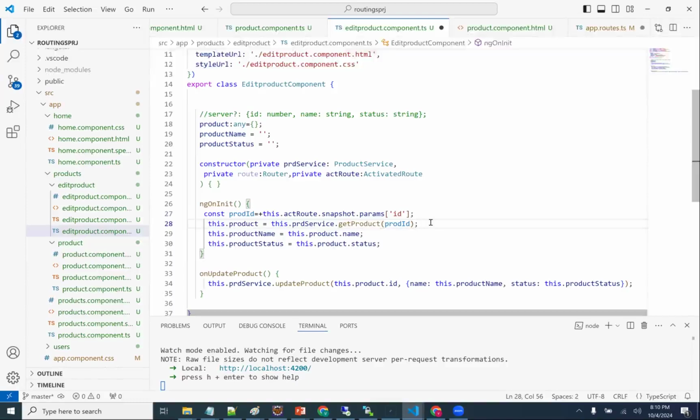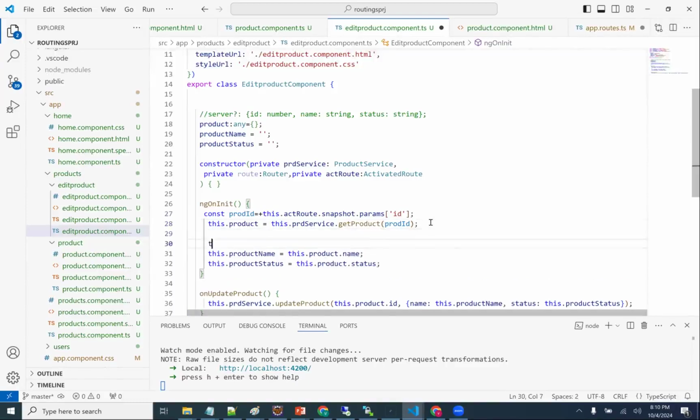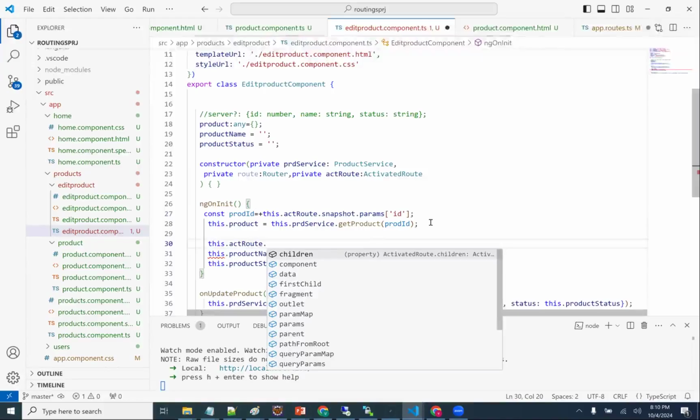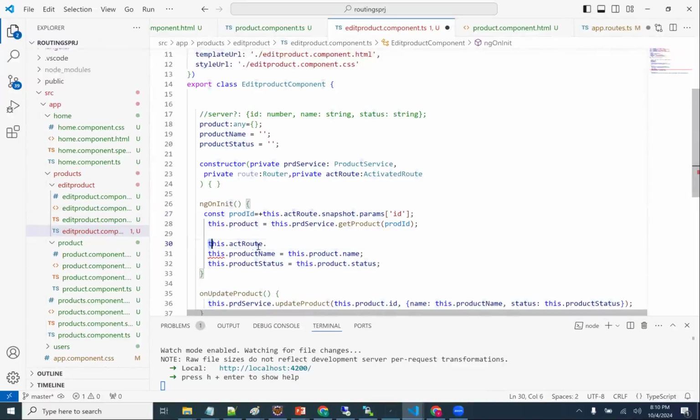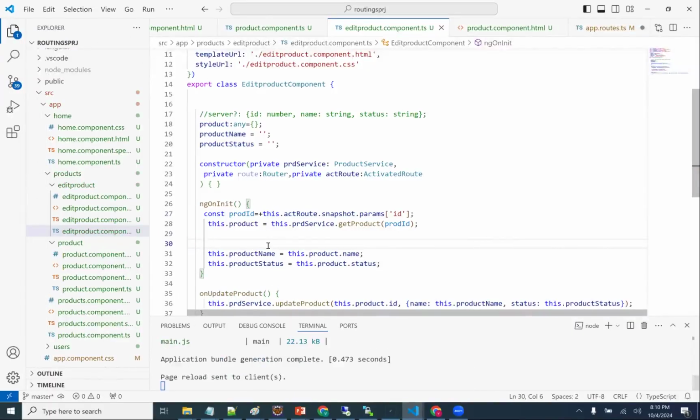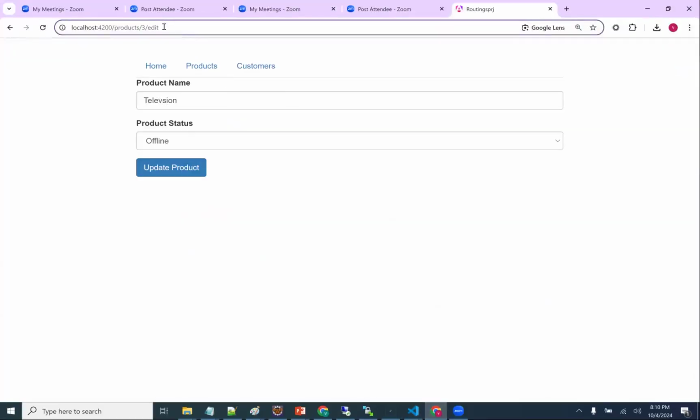Also, whenever there is a change, we need to subscribe, right, guys? This.activatedRoute.params, where we need to subscribe. But generally, sir, we need not subscribe over here. Why? Because there is no chance for me to change the URL.